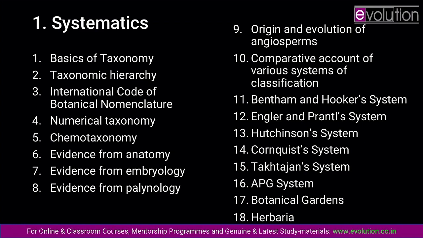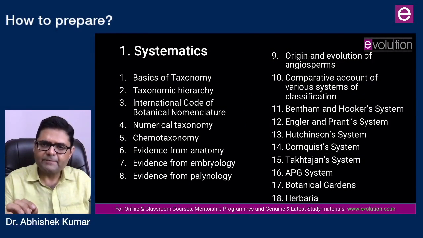After this, taxonomic hierarchy. That means you start from the level of domain, come to kingdom. Within the kingdom, you can come to phyla. Within the phyla, you will come to classes. Then you will come to the order, family, genus, species. And because you are going to touch species, you will also be doing a species concept of Ernst Mayr. And within the species, you need to understand the terms like subspecies, races, etc. rather clearly. This is a clearly mentioned topic. Basics of taxonomy is not mentioned in the syllabus.